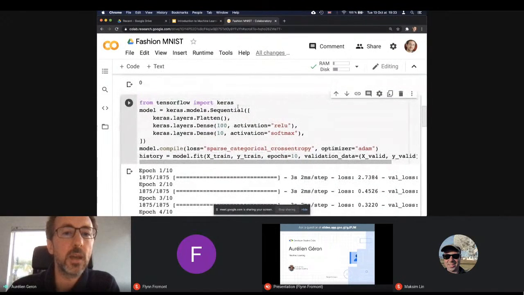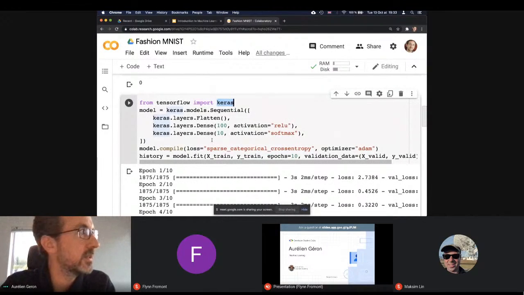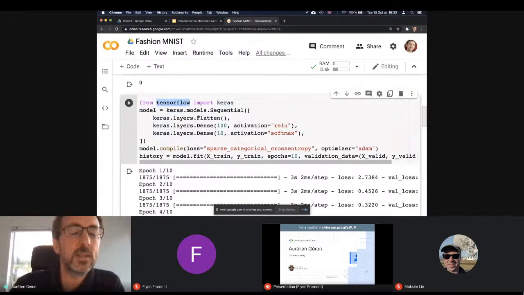So for this, I'm using Keras, which is an API available in various deep learning frameworks, not just TensorFlow, but some others like MXNet. And so here I'm using TensorFlow as the underlying deep learning library, which will do the heavy duty, but I'm using Keras as the API because it's a very simple to use API. So from TensorFlow import Keras, and then I'll build my model. I'm building a sequential model, which means it's just a sequence of layers, one after the other, just like I showed in the diagram.